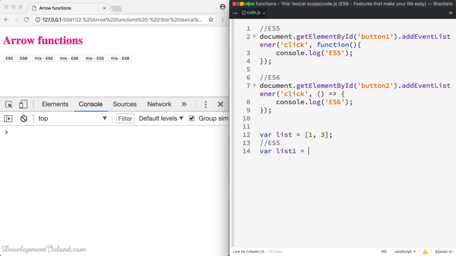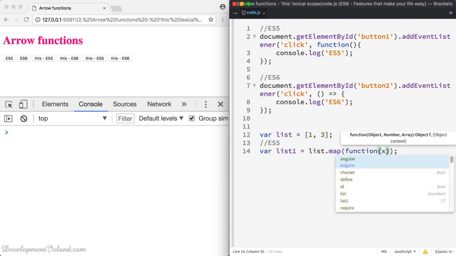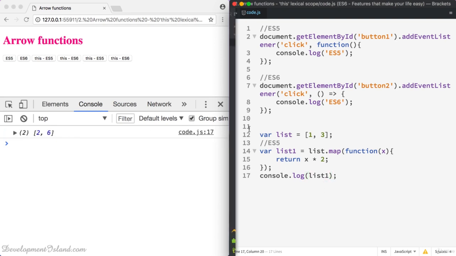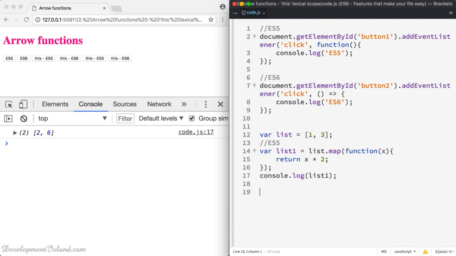And if you remember, we're going to use the method map of arrays, which takes a function. That function is going to be applied to the elements of the original array and will return the new array. So we want a function which takes a parameter x and returns x multiplied by 2. Now if I log list1, I'm going to get 2 and 6. All right, now in ES6,